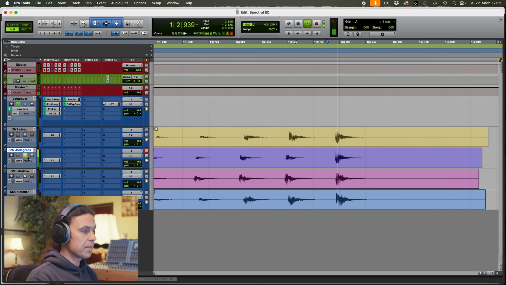It has a ring that we don't have on the other recordings as much. Now let's listen to the microphone in like a 45 degrees position. Back to the steep. Back to 45. So different sound, different sound. Now at the very shallow angle,